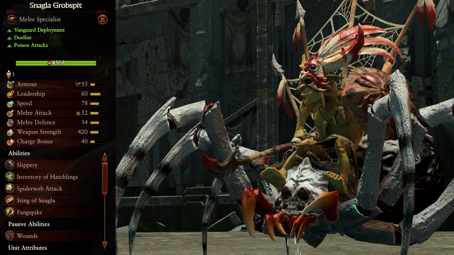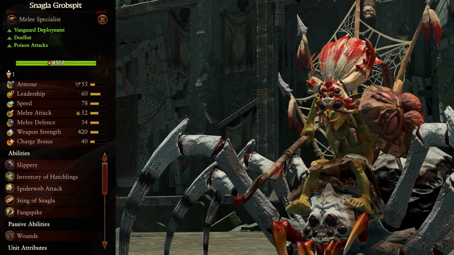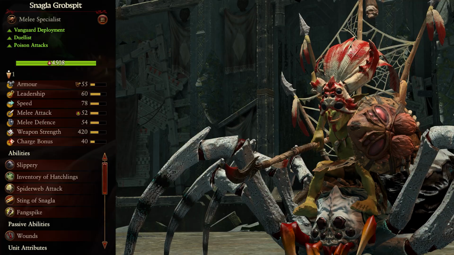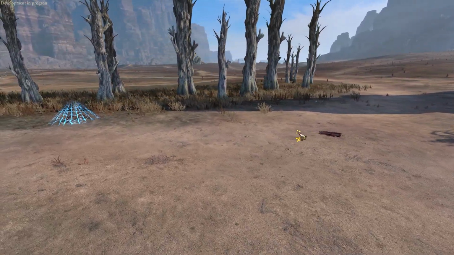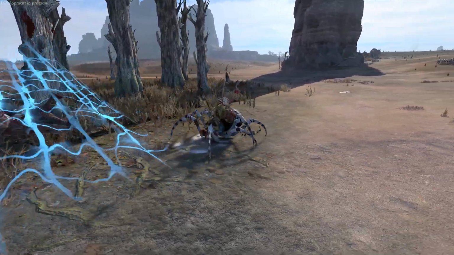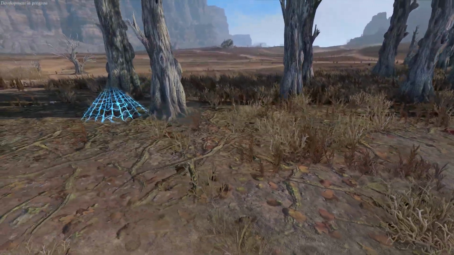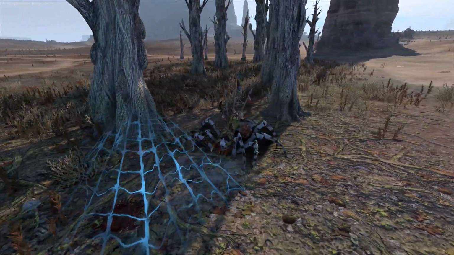Coming now to the heroes, first up the legendary hero, Snaggler Grobspit. He's most similar to a goblin big boss on a giant spider with some nice stat boosts. At high speed, it makes him great for flanking around enemy lines to take on key targets like casters and other weaker lords and heroes. Those high melee stats and poison damage will make short work of most he comes against as long as they aren't too armoured. Add on his Stalk, Strider and Vanguard deployments, and he's a devastating ambush attacker that will rarely